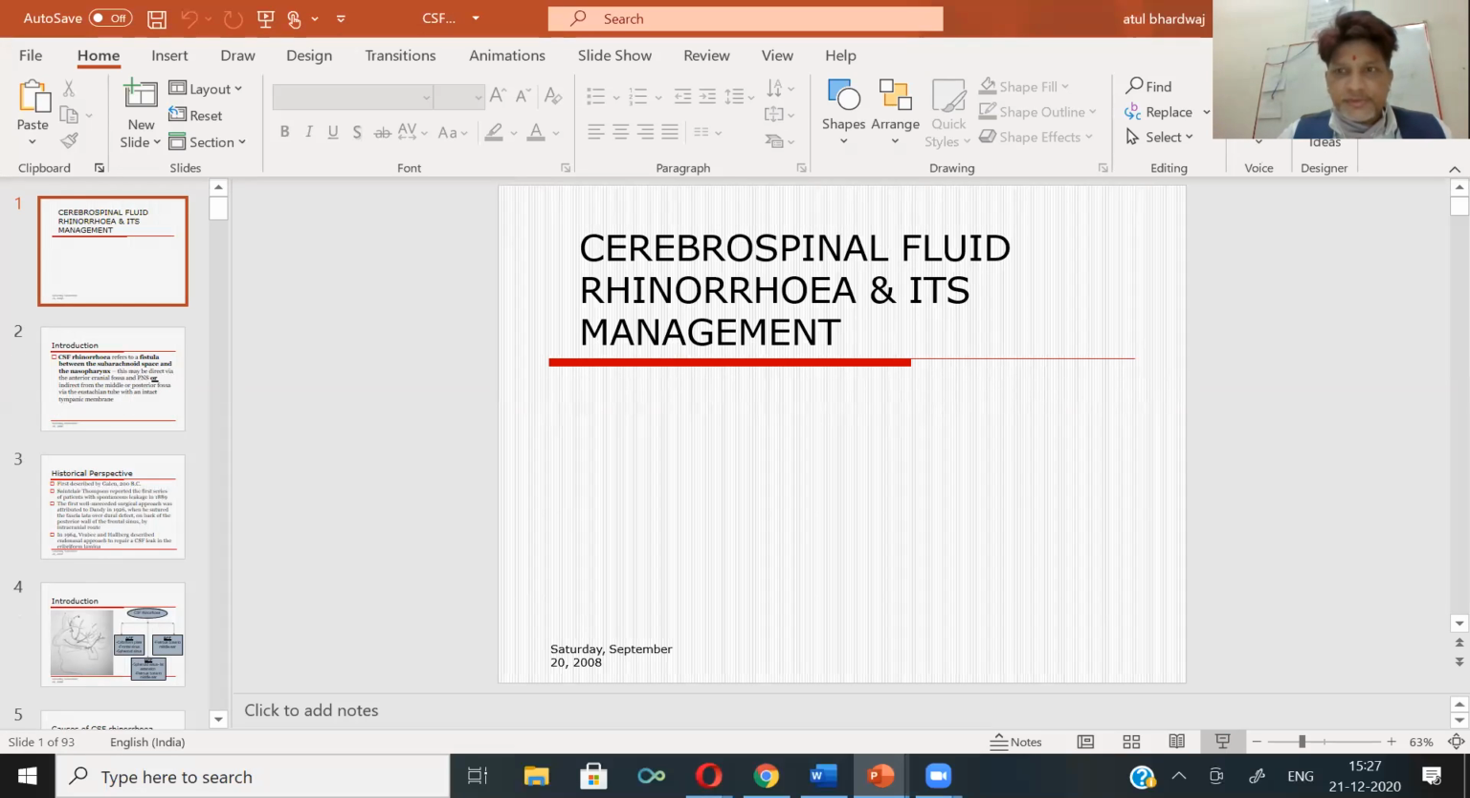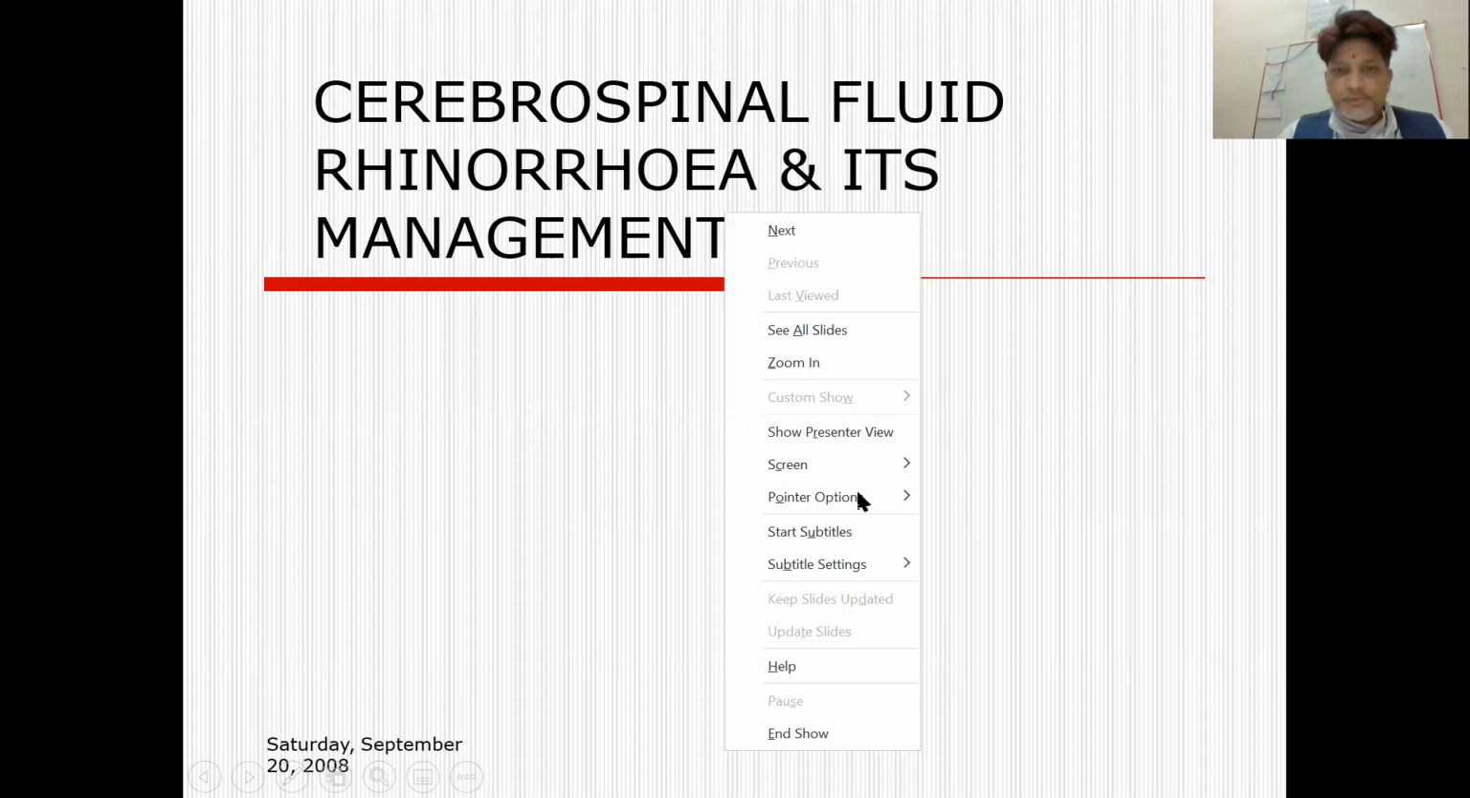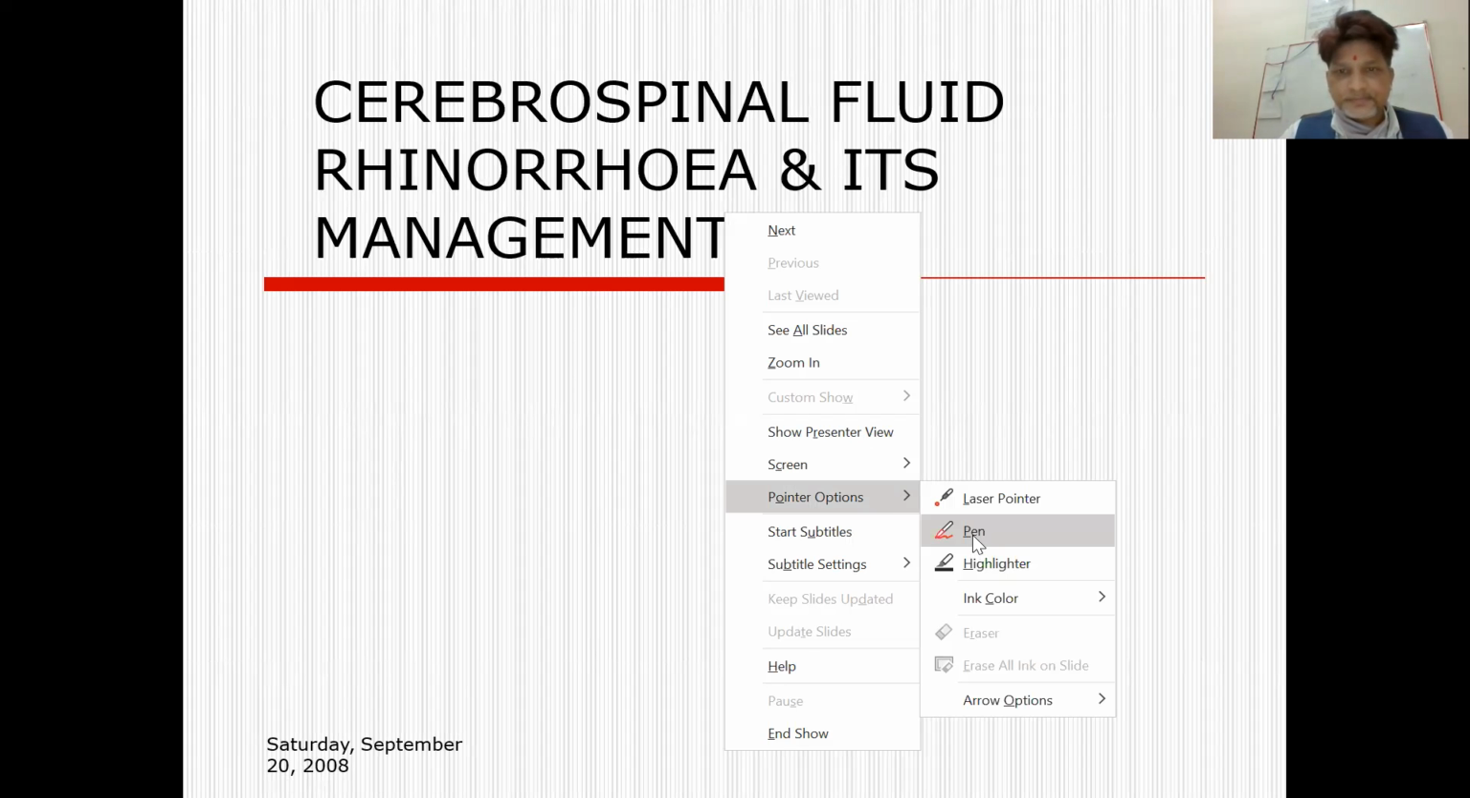Today, we are going to discuss the diagnostic parameters or diagnostic techniques which are used in clinical practice in order to delineate, in the sense of locating precisely, where the location of the leak actually is. So let me take a pen option,